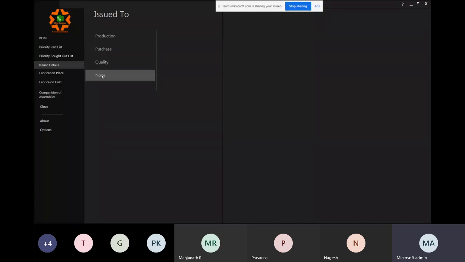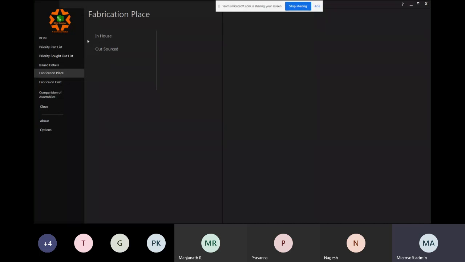I'll release say 500 drawings in one week, then I'll release the 250 drawings next week. So step by step. Now, if I want to identify what drawings I've given and what I've not given, I can just quickly go and check which drawings are not issued yet. It will give me the list of details which I have not issued yet, so I can release only those drawings. Okay, got it.